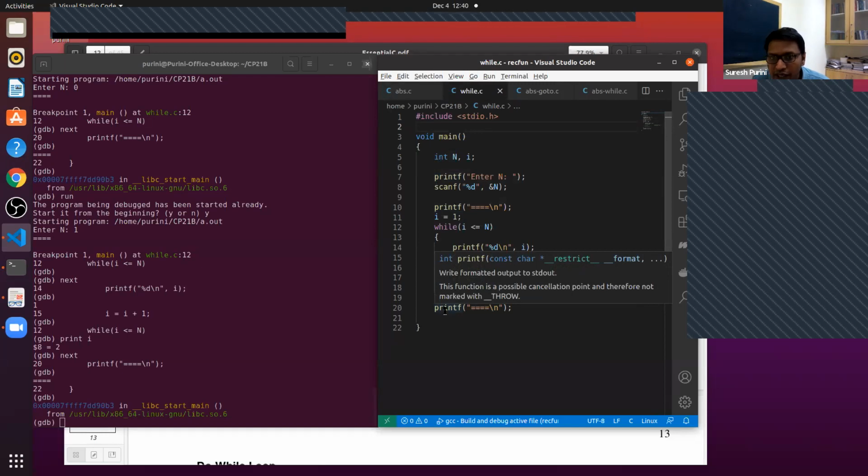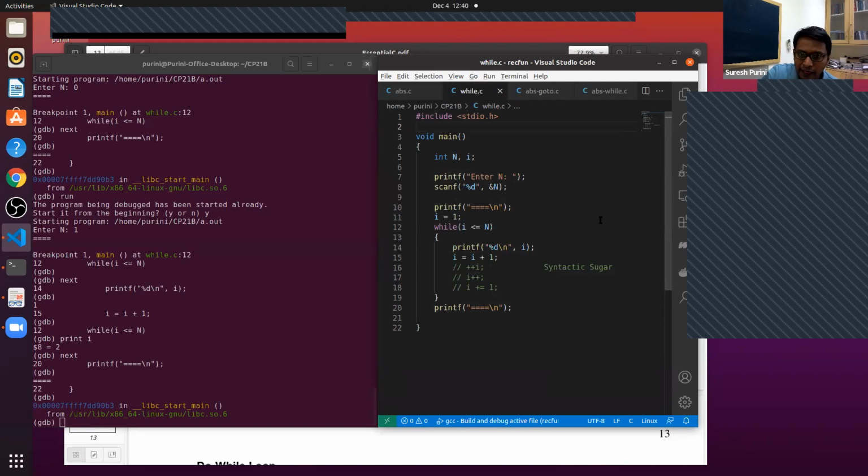Gaurav, you put a negative number there and see what happens. Will it work or not? What happens if we give n as a negative number? Yeah, it's the same as 0.